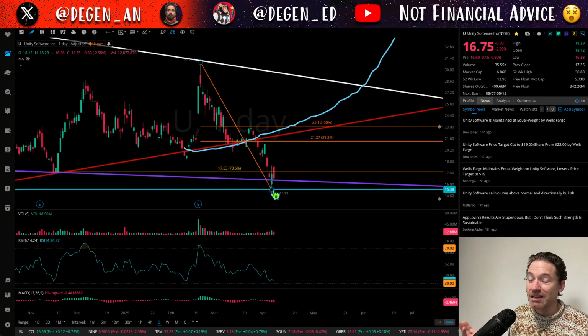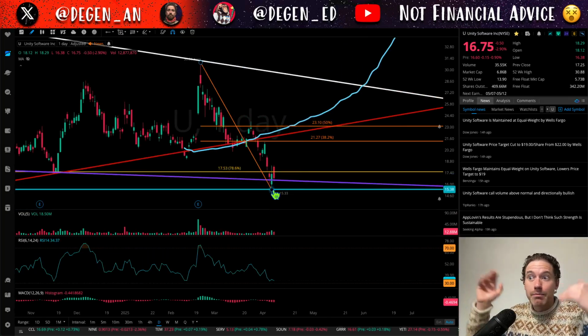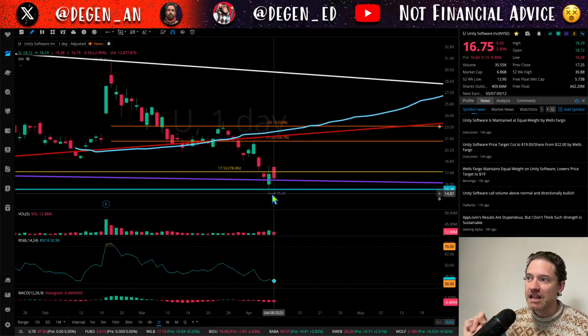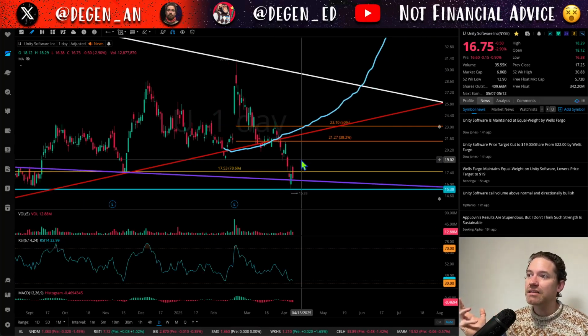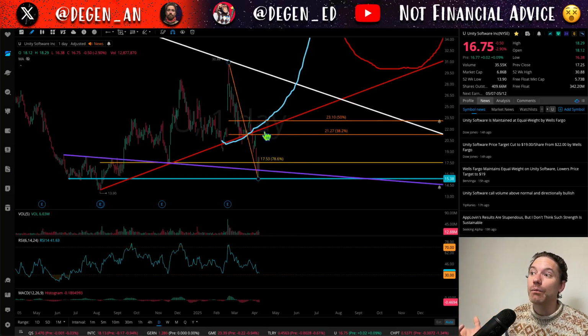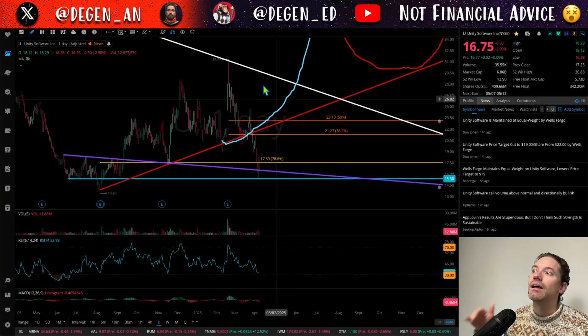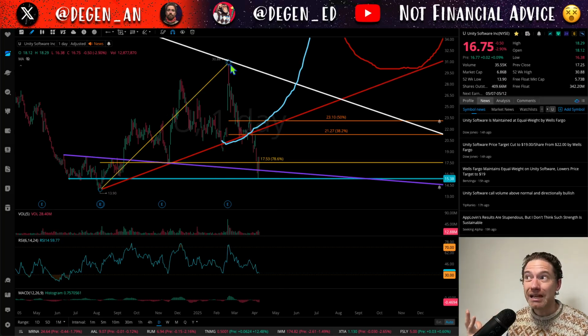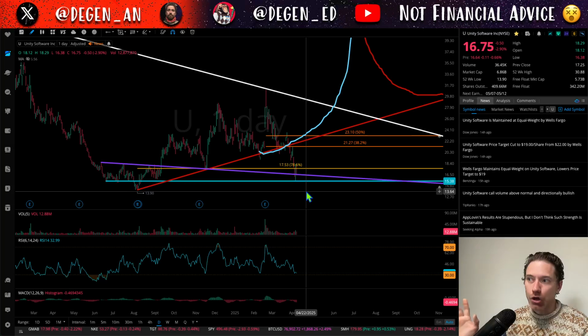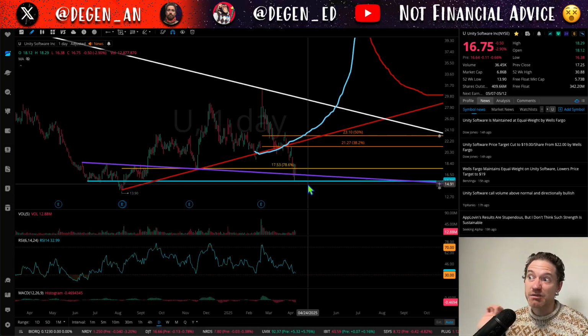We did bounce to this level that I had talked about. I had a dip buy at that level, 1538, piercing it at 1533. So I think this is looking really good. And I must say, I think we're going to be testing these orange levels here, 2127, 2310, maybe getting back to these highs of 3088 by September. Who knows? But yeah, I think the chart here is looking really good,